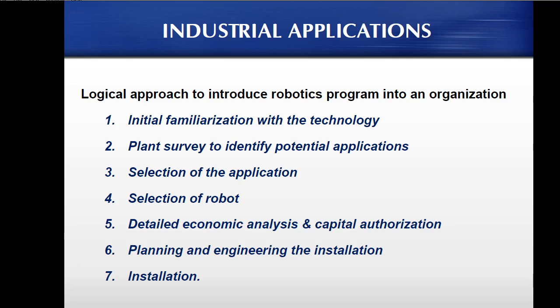Okay, if you're given such a task, what are the steps that you can follow in order to suggest that implementation topology? First of all, the initial familiarization with the technology. You need to study how much of the workers, the human laborers, are familiarized with the robotic technology. Because implementing the robot is a one-time process, but you know how to operate it. And if you are forced to quit the company, then that company cannot run that robot with another person because no one else knows.